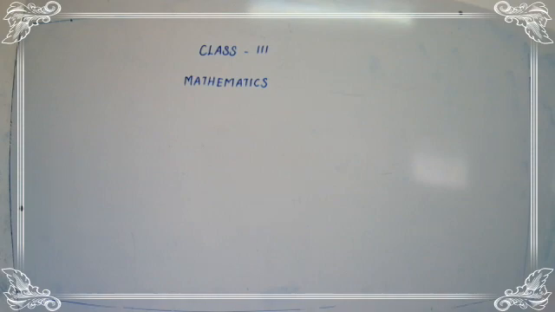Expanded form means some digits of a number are given and we want to expand. Expand means விரித்து எழுதுதல். We have to expand the given number. Short form means சுருக்கமாக, short form means சுருக்கி எழுதுக. So here they give the expanded form and we want to convert it to the short form.